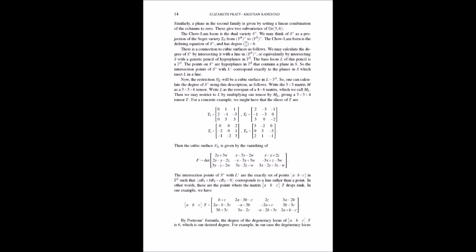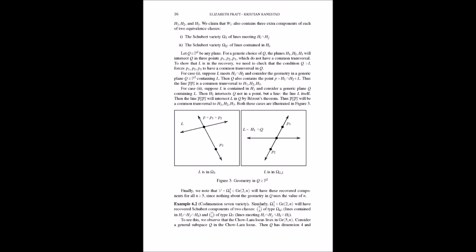The point where H3 intersects Q. Exactly. That line acts as our common transversal. I see. So the transversal is formed by connecting the intersection point to the 3rd point. Precisely. And for type A22, where L lies within H1,